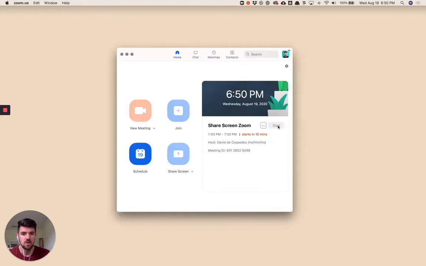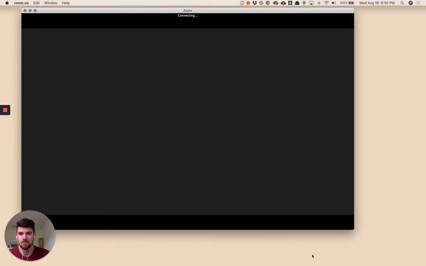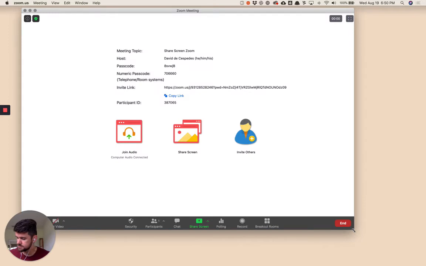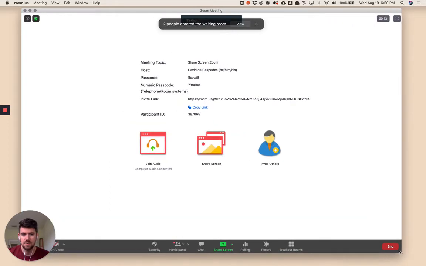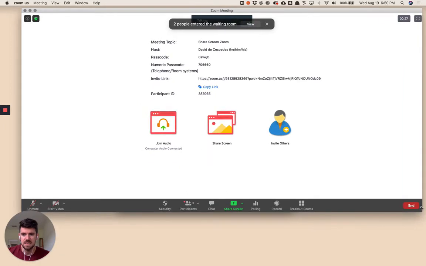So I'm going to go ahead and start a Zoom meeting here and get that up and running. Okay, so we have our host window open, and I've got a few browser windows open so that we can take a look at how to get one of those up and then how to switch between a few different windows. So if I go to the bottom of the screen, I'm going to go down to